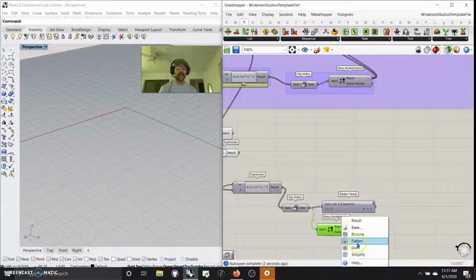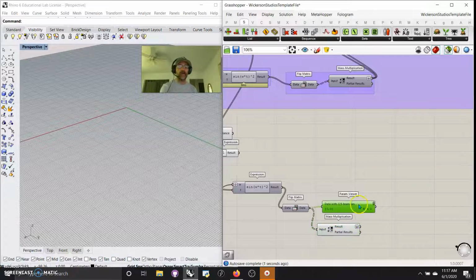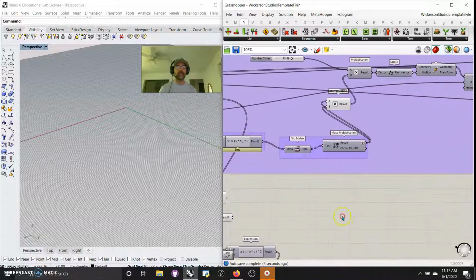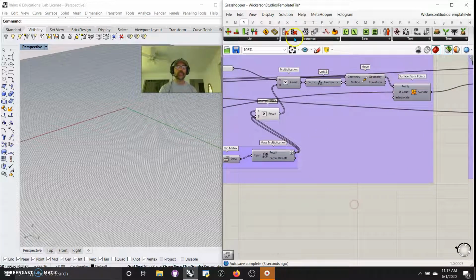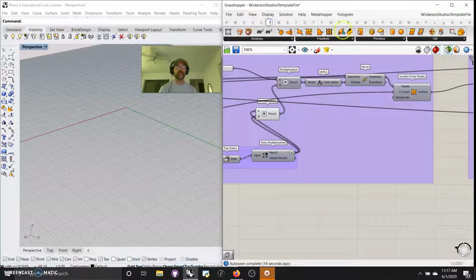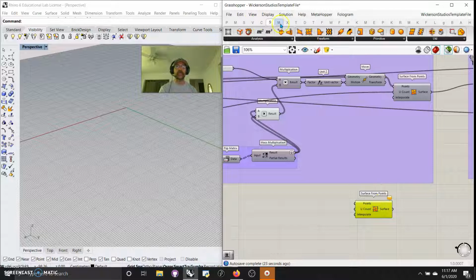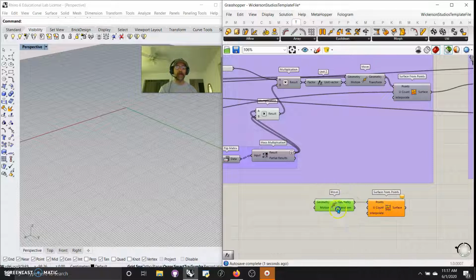And I'm going to flatten my data results just because I'll need them later on. But what I can do is bypass that, and I can go directly up to what I wanted to end with, which was a surface from points tool, because I want to build my first surfaces. So if I jump into my surface, that's my sets. If I jump into my surface and I do surface from points right here, it's going to want move geometry because I wanted to have a transformation on that, basically grabbing my move tool, working that back through the Z,